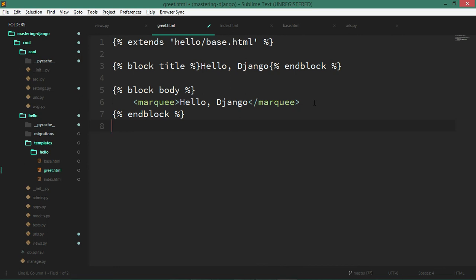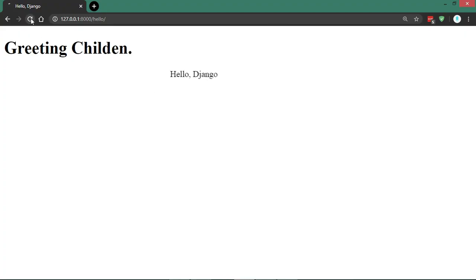Similarly, pretty much the same thing will be here, but you can see I have a lot less redundancy, especially if my base is really big. So here I have my marquee, and in this one I'll say this should not be a marquee again. I'll just say it's h1, and hello, and in this place, it's a name. So come refresh, and then I can go to something arbitrary and it says hello, that arbitrary thing.